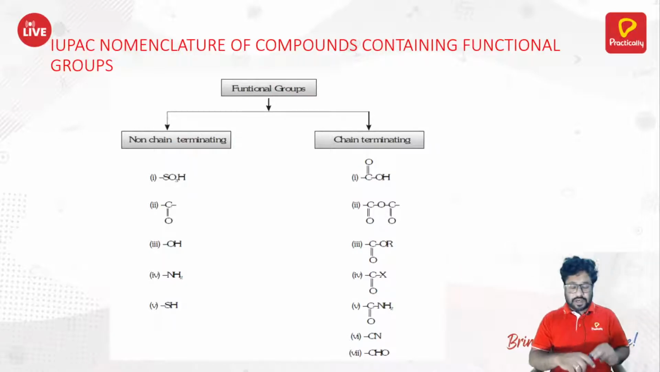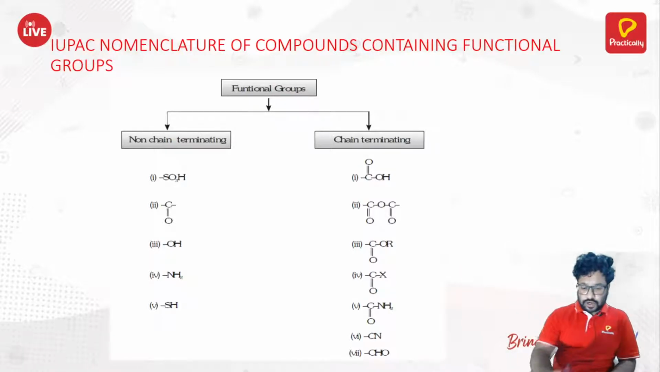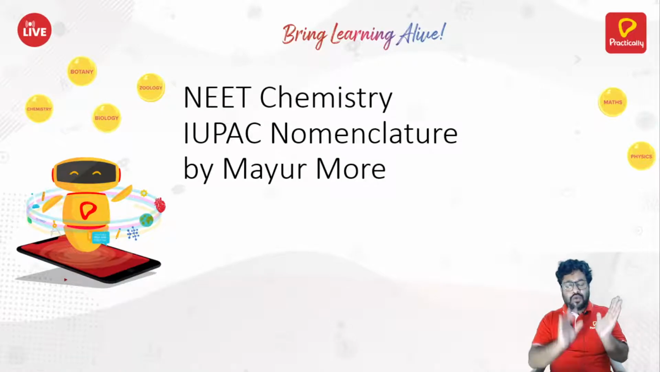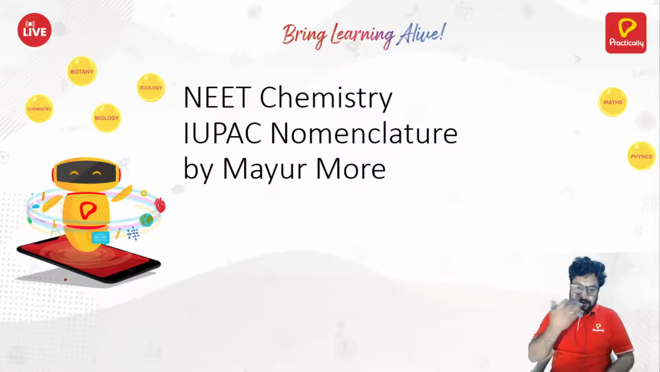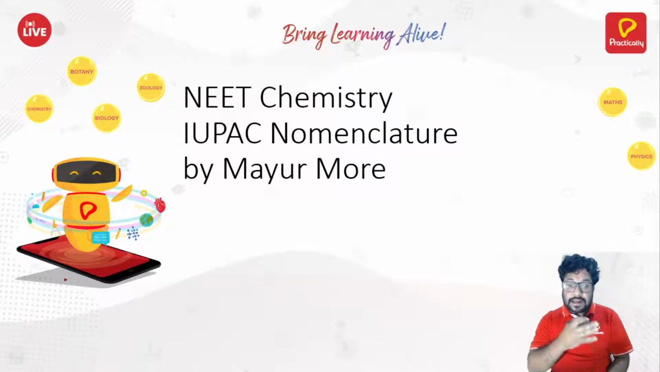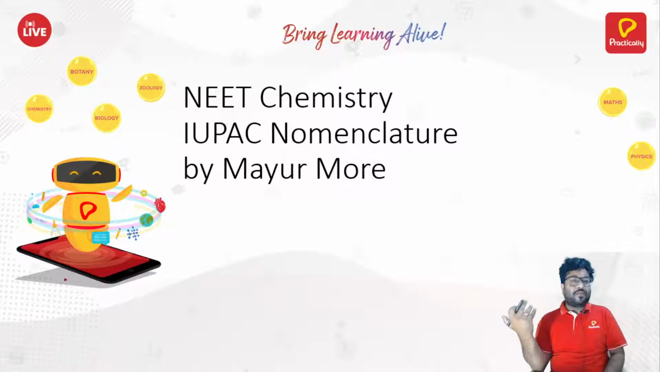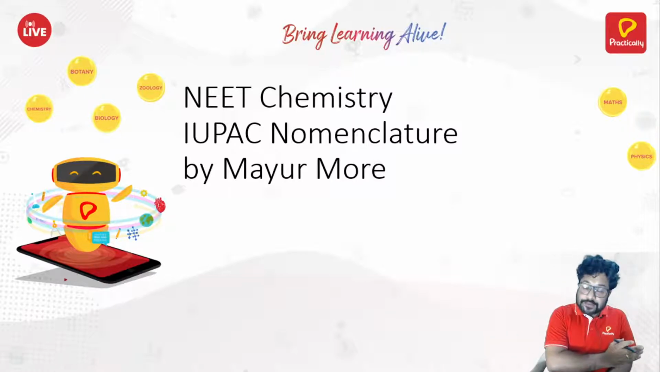What are some of the functional groups? There are two types of functional groups. Before moving to that, let me tell you what is meant by functional group. Firstly, we had seen in GOC, general organic chemistry, what your functional groups are: alkane, alkene, alkyne, and aromatic hydrocarbon, for example benzene. If you don't consider them, functional groups are the groups